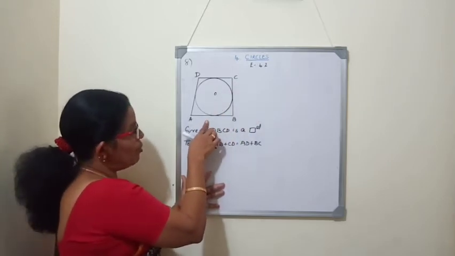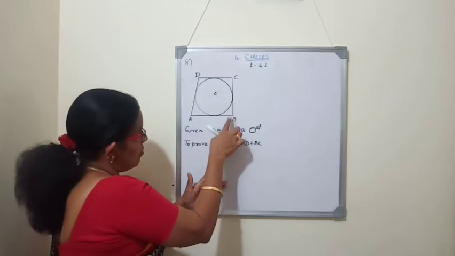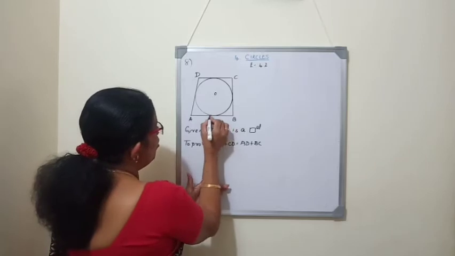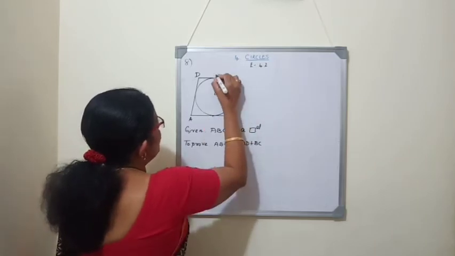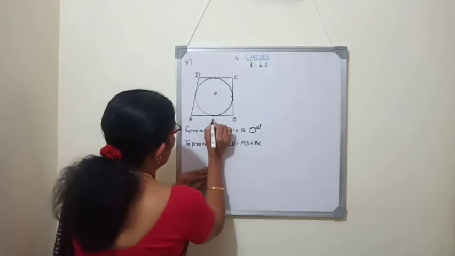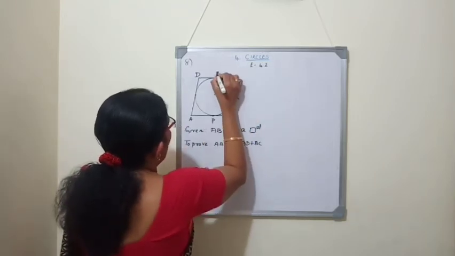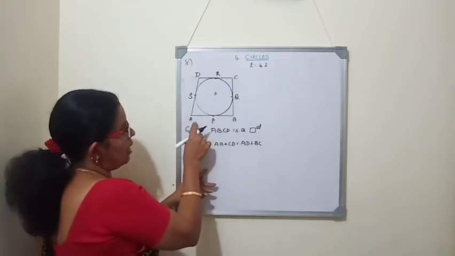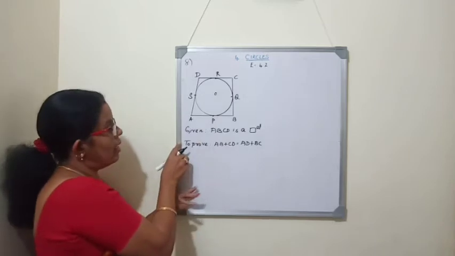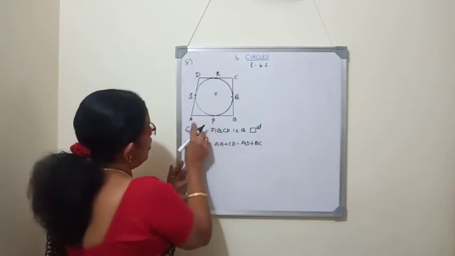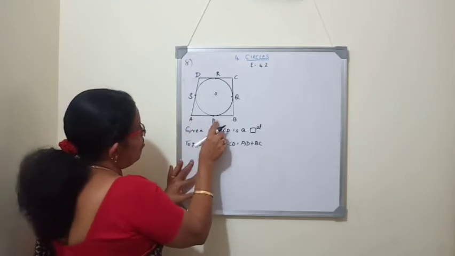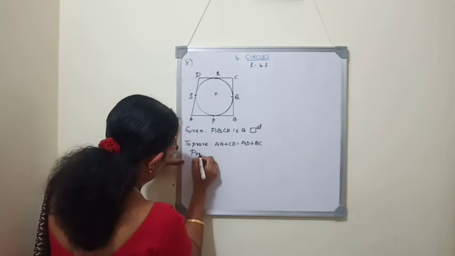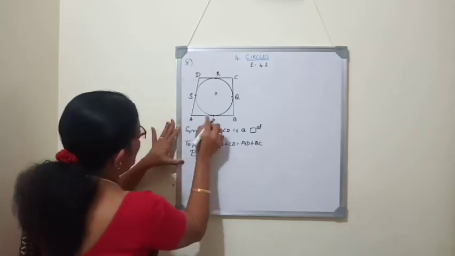So in theorem 4.2 we learned that if we draw two tangents from the external point, the tangents will be equal. So we have to mark 4 points here. Point of contact. Let me write here P, this is Q and this is R and S. Mark points P, Q, R and S on the sides AB, BC, CD and AD respectively. So now look here, A is an external point. AP and AS are equal, two tangents from the external point. So while starting the proof, first we will write AP is equal to AS.